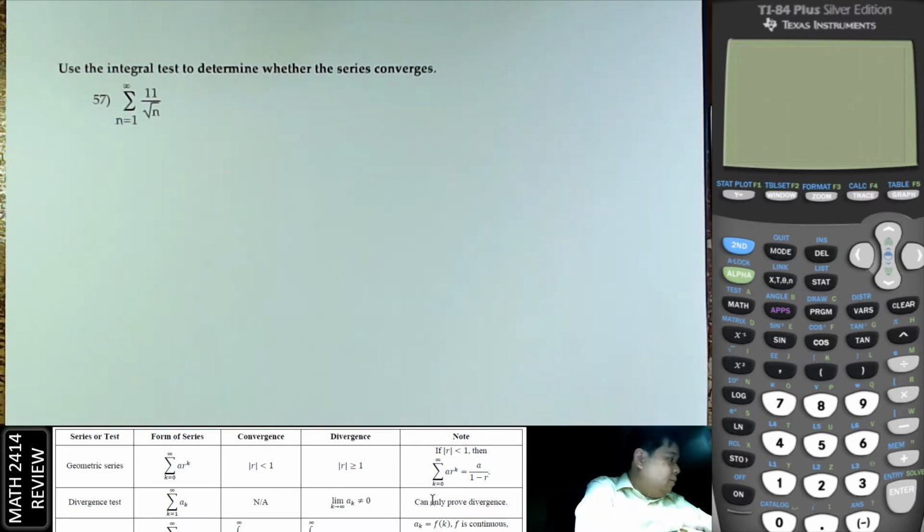Right. Next, let's look at this one. Use the integral test to determine whether the series converges. Well, this one, of course, we can use the integral test, or we can also use